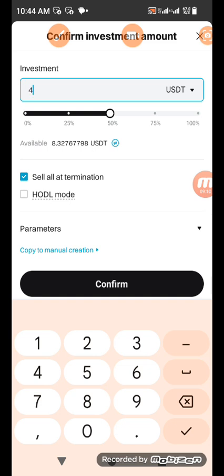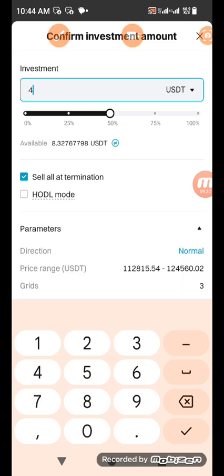But if I click on hold model, means whatever he has not been able to trade, convert any BTC he has bought, he has not been able to convert within that period, please hold it for me. Because on my own, I will not choose what to do with it. That's what you're telling the system. But I want to sell all at termination. Once the period of trading ends, sell everything and return my money back to the USDT, which is my base income that I started with. So I leave it at that one.